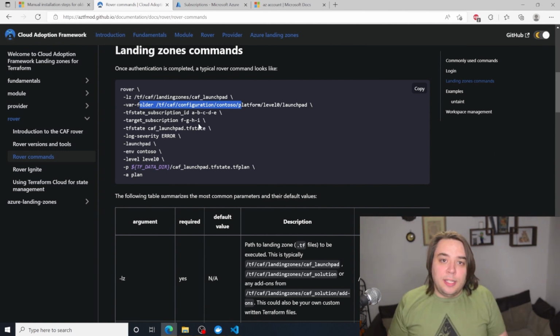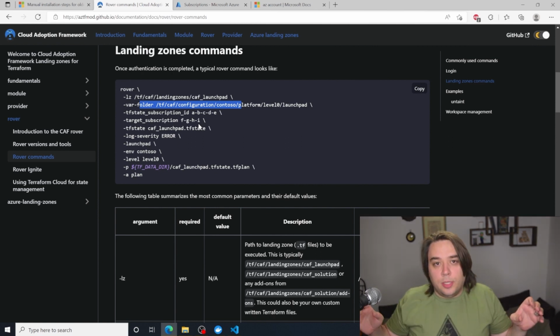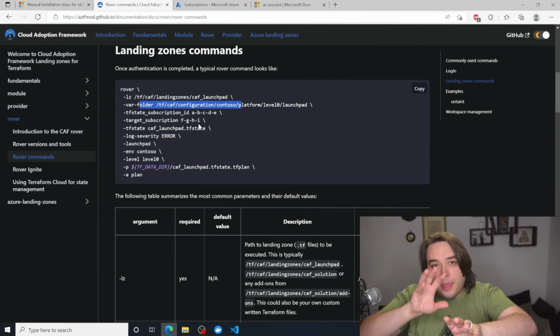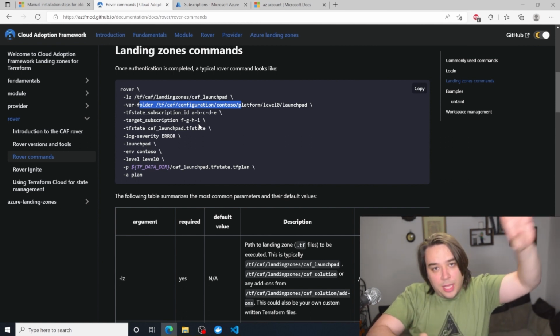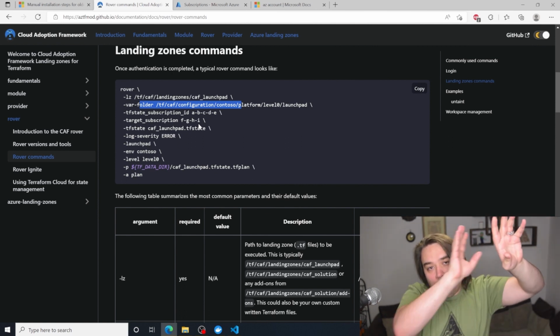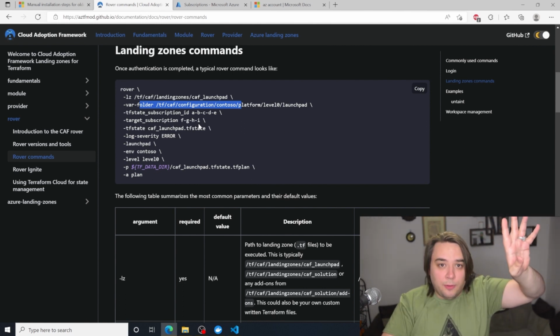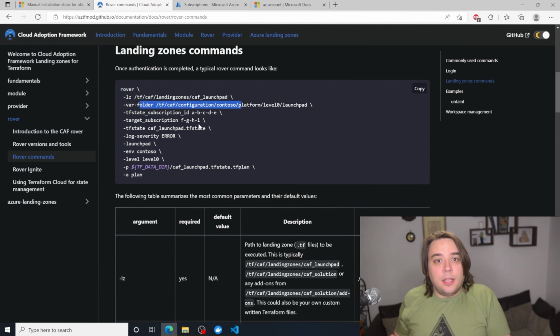Now, what TF state is: Terraform is a stateful language. When you deploy any resources, it captures them into a state file, and then it compares that state file against your Azure environment as you deploy, and notes if any of the resources you've deployed have changed or been modified. Then it tries to put them back to what the code states.